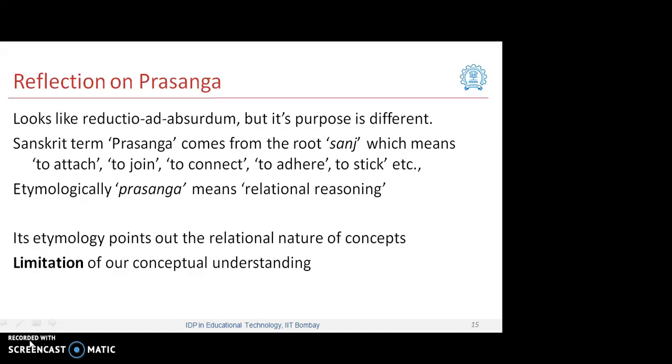So the whole purpose of producing Prasanga argument is to show the limitation of our conceptual understanding. That is why Nagarjuna and his followers do not present any position as their own position, conceptually formulated, precisely for the reason that concepts do not take us to the reality as such,